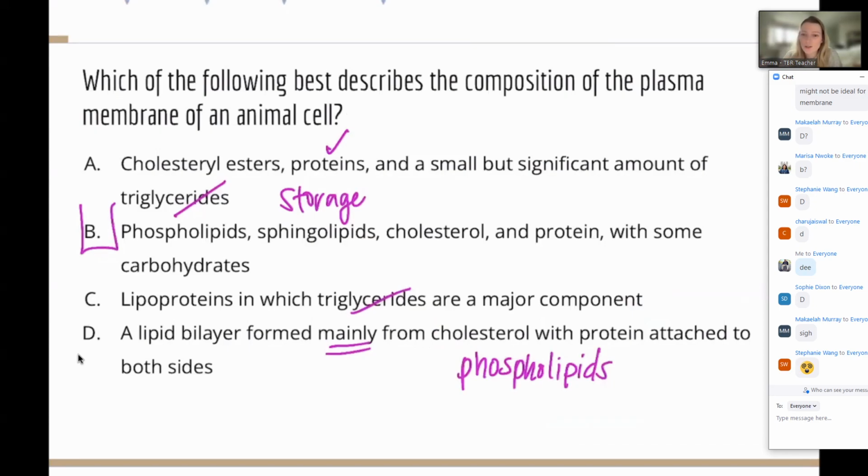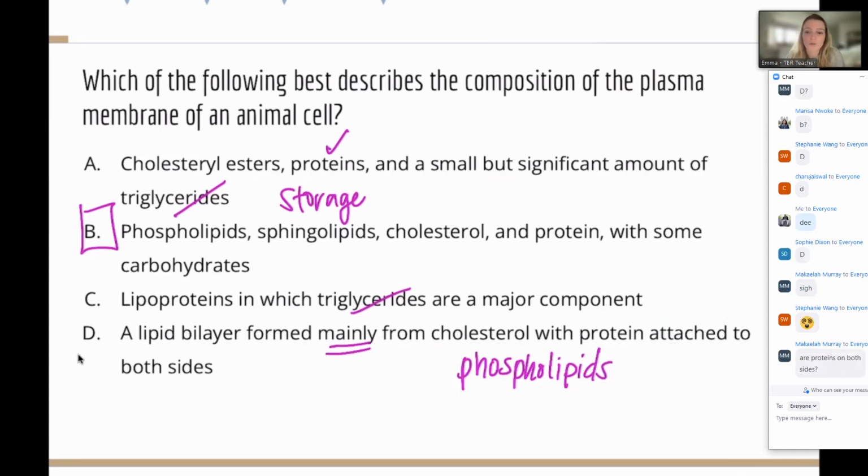Occasionally we see those sphingolipids. Remember that we're looking for something that has the polarity. So this is where this answer also didn't make sense, because we need the polarity in order to form the bilayer. If we throw a bunch of cholesterol into liquid, it's most likely not going to form the bilayer. And yeah, proteins potentially could be attached to both sides. We mostly see them extracellularly. So that, Michaela, could also be kind of a hint as to why.